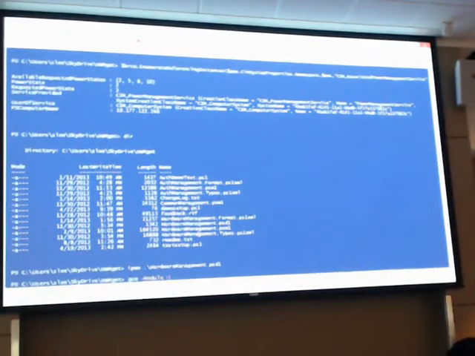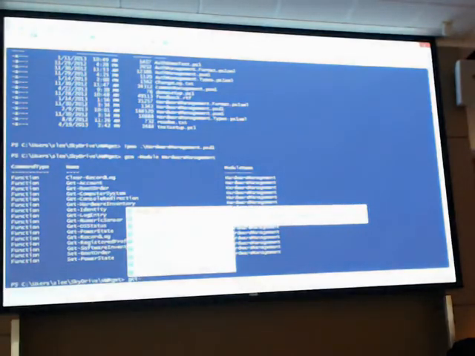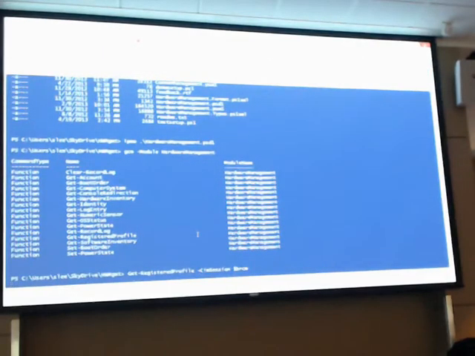So let me just show you everything that is supported. So here are the commands that are currently exposed by this module. We're going to probably talk more about them later. But to show the same thing that I did previously, I can, for example, run Get-PowerProfile. I'm going to use the same CIM session that I established earlier. And one thing that I do, because I know that if you do this a lot, you don't want to get the profiles each time, it's very expensive, so I cache all that in the background.